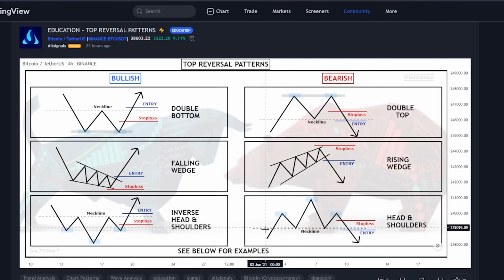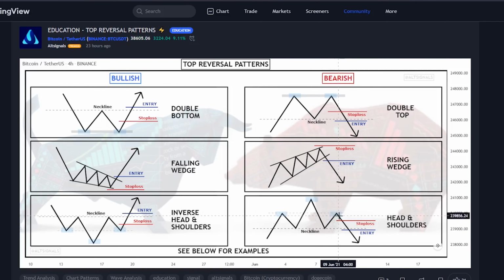And then finally we've got the head and shoulders. So again, what we'd be looking for is an area of support and two areas of resistance. So the first is the initial area of support here. So the first shoulder is formed, then we see the price rise to a new area of resistance, and then we see a decline in price again down to the previous support level,